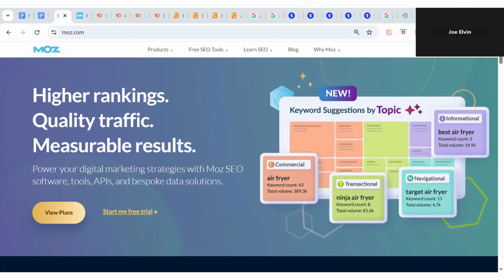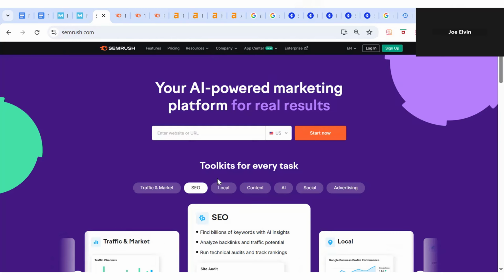So the first tool that I want to show you is called Semrush. Again, this is pretty popular. If you've been working in SEO for any amount of time, you've probably heard of it. If you haven't, the one thing that I do want to tell you about Semrush is that it's not just an SEO tool. You can use it to help with your paid ads, with your social media marketing, with your content marketing in general. It really is an all-in-one solution, and it's the most expensive tool we're going to be